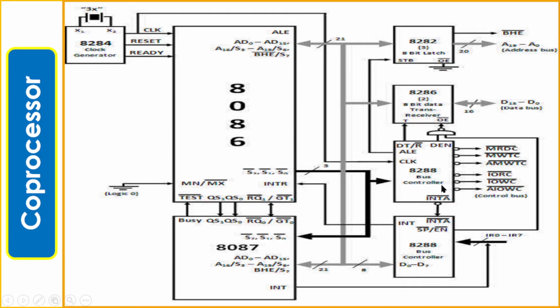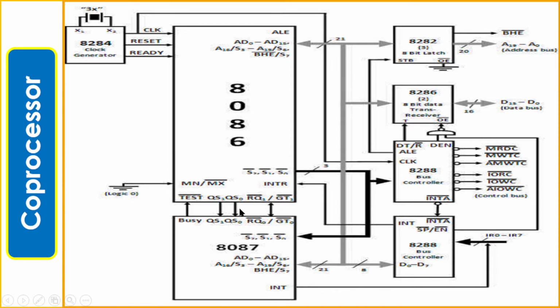That's where the bus controller plays a major role in allocating the system bus to either the microprocessor or the coprocessor, whichever has to access it. That control is based on the 8288 bus controller. First of all, the multiprocessor configuration is the maximum mode of operation of the 86 microprocessor. So there is a pin MN/MX bar. Here we always connect 0 for maximum mode and 1 for minimum mode. We already discussed the minimum mode. In maximum mode, we always use ground to connect this pin. Then the IC will work in multiprocessor mode.